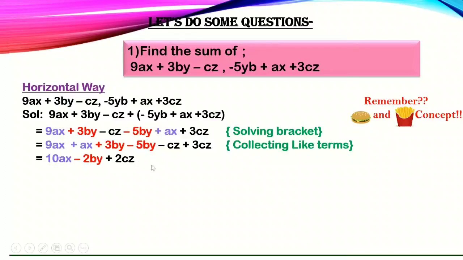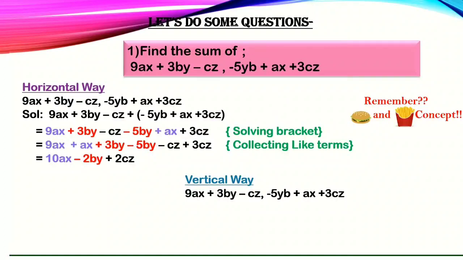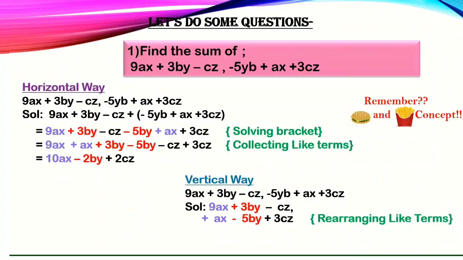Fine. Now we'll see the vertical way, where we are arranging the algebraic expressions in the column. So this was the question and now I'm arranging it in the column. But here we need to see first, the first expression you can write simply, but when you are arranging the second expression, you need to arrange it below the like term only. In that way, you need to arrange it. So 9ax. So below 9ax, this ax term will come with its sign. So please be careful while you're arranging the terms in this method.